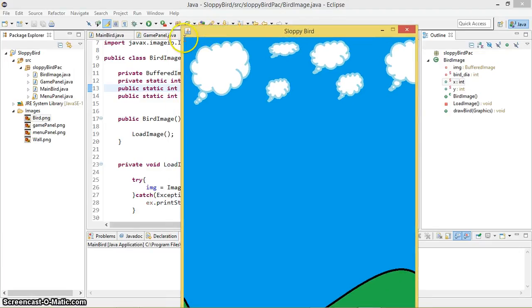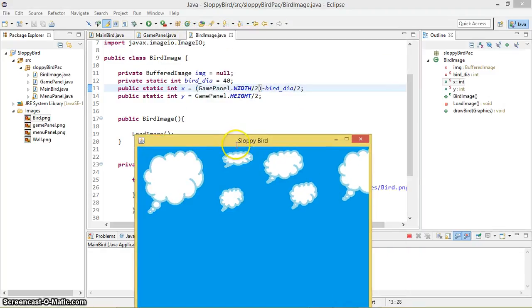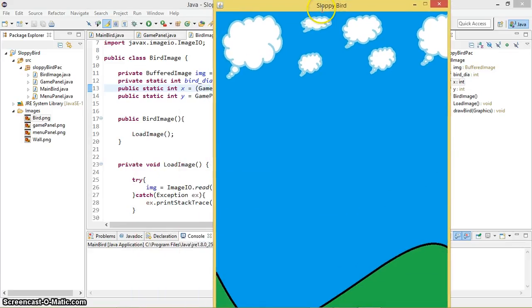Like that, the y is also going to increase in this way. So you have to keep in mind always the x and the y coordinates are 0, 0, in the upper left corner. So now you guys can guess what all this is about. Game panel dot width by 2 minus bird diameter by 2 means, if the middle x coordinate is going to be somewhere right here, middle of the window, width by 2 is here, so the minus bird diameter by 2 means somewhere right here, and the y is exactly half of the